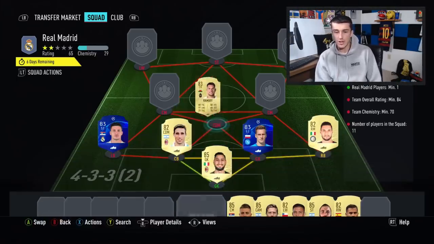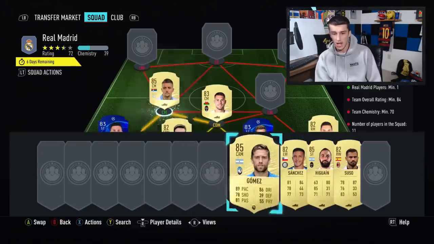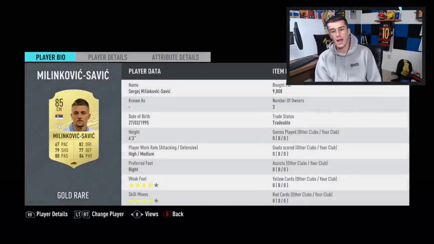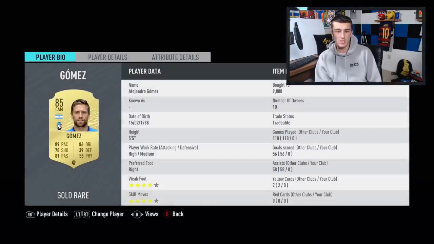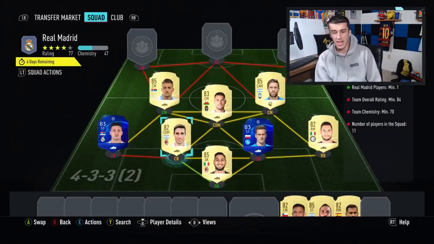Ramsey at center defensive mid isn't going to be too expensive, but the two center mids, Milinkovic-Savic and Alejandro Gomez, are going to be a little bit more. So we got 9,800 there for the Milinkovic-Savic. We got 9,800 for the Alejandro Gomez. So about 10k for all three of the 85. So we already know this squad's going to be upwards of 30,000 coins, although the defense only cost us about